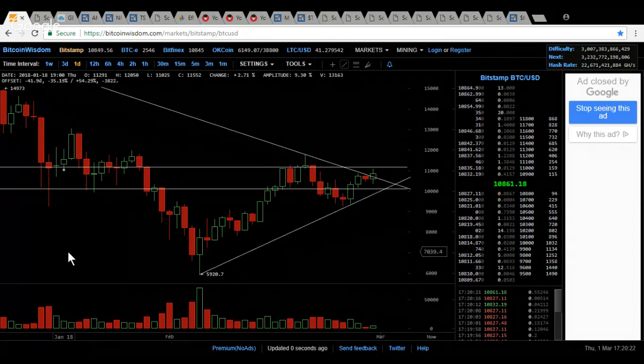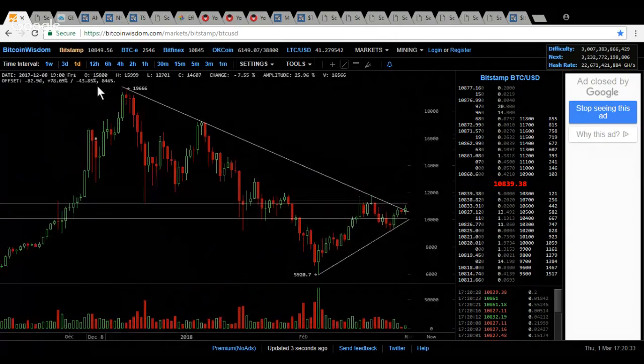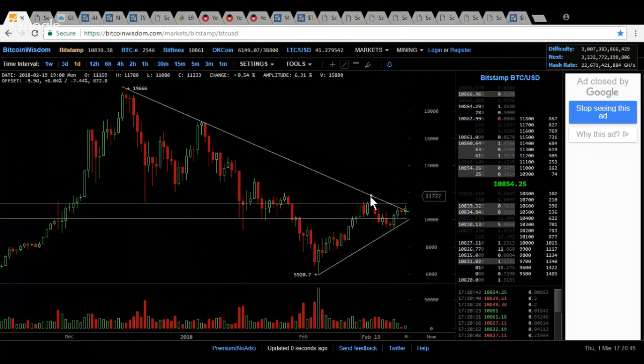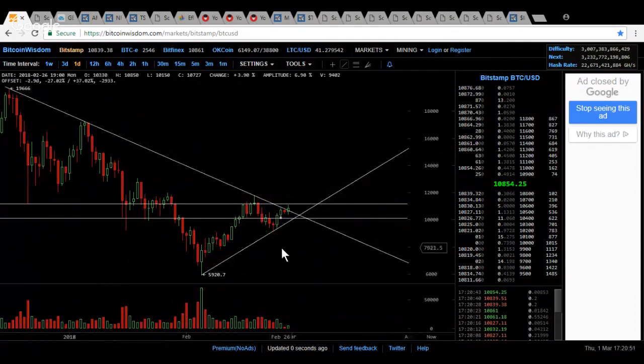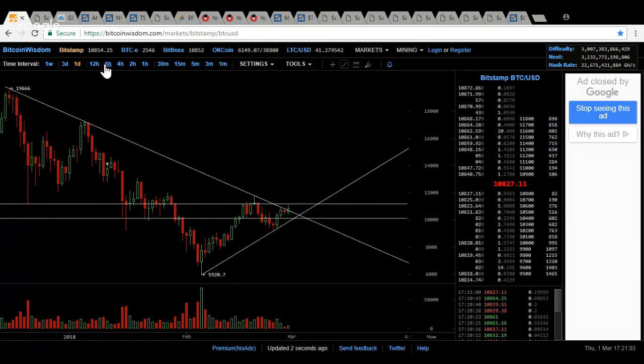However, there was growing evidence in my mind that we, for the first time since December 16th of last year, where we hit 19,666, we could not close above this line on this big move up from the bottom. We could not close above the line here just about 2 weeks ago. And I thought this morning that I had the evidence that we were going to break that line and close above it. We did it on a 6-hour chart earlier today,